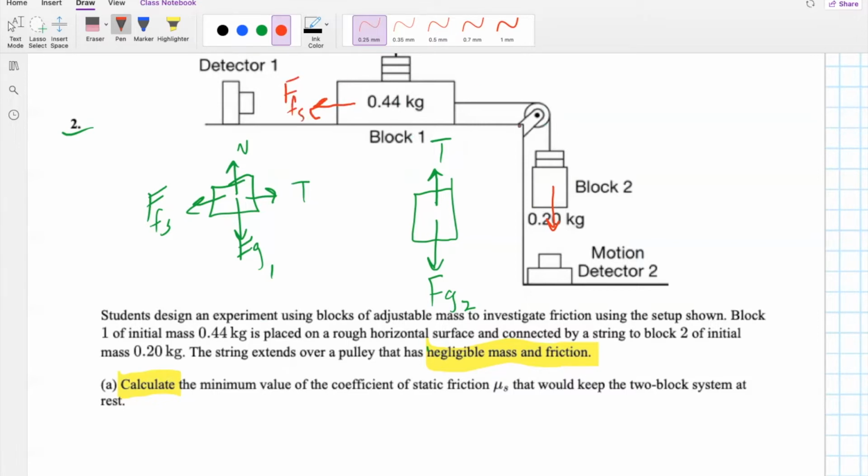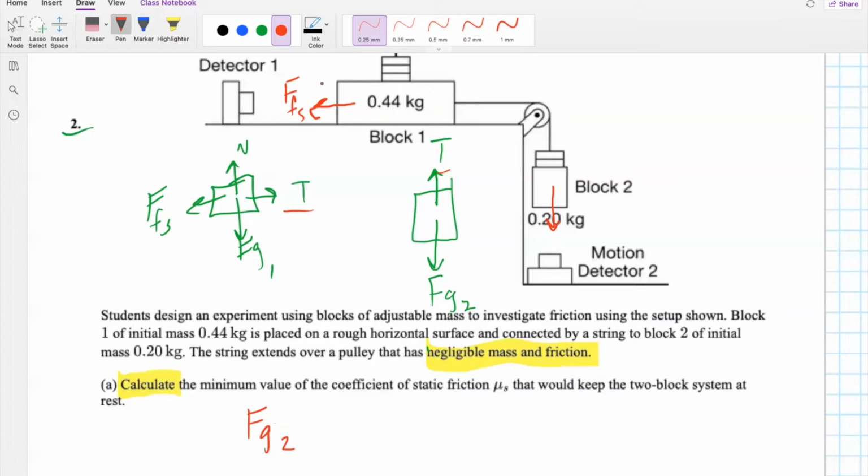And so if we look at the net force on the system, sure, there's tensions and other gravitational forces and normal forces, but first off, these tensions are internal forces. They don't affect the net motion of the object. I can't push on myself, essentially. And the normal force and the force due to gravity on block 1 are going to be balanced out, so we don't have to worry about that. So where do we start out with this? Well, we're going to go ahead and say that the weight of block 2, so the force due to gravity on block 2,